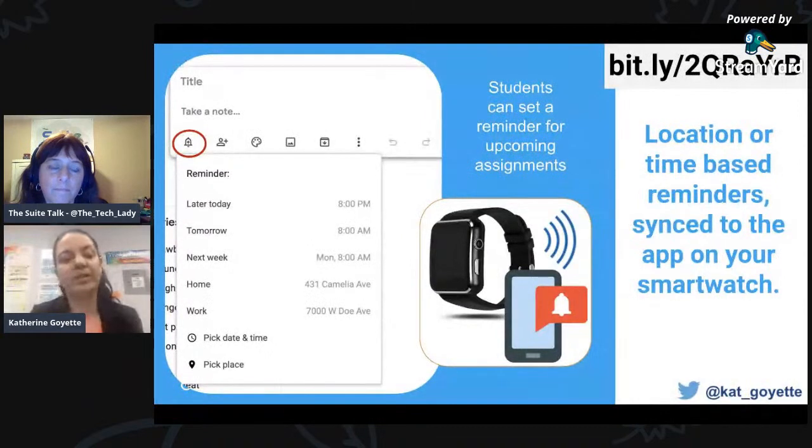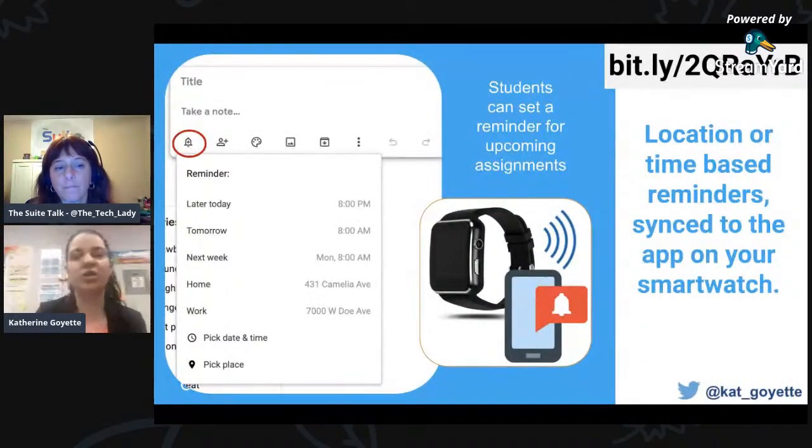So for example, I know some teachers that say, you have something due tonight, so I want you to go into Google Keep and set a reminder. You can do either a location or a time period. So they set their address, and when they get home, their phone or watch will buzz, and they will be reminded that they need to do their assignment or whatever it happens to be.